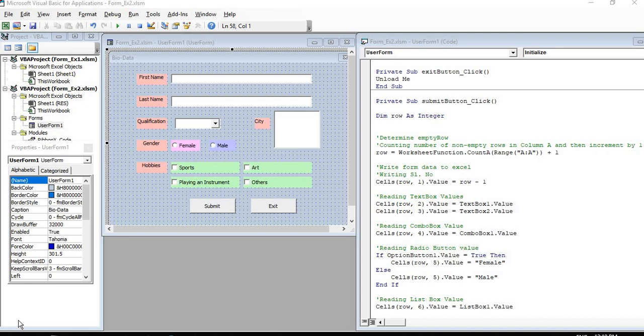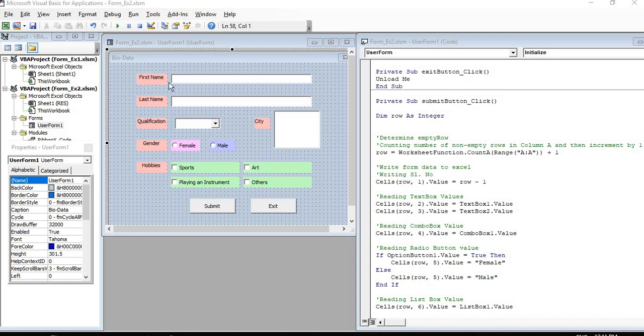Students, today in this session I am going to show you how to create a user form, and when you enter data in this user form, it will be written into the Excel sheet. You can use Excel as a database. You don't require any additional RDBMS or something for storage. You can use Excel itself as storage, and then you can do the required analytics on that Excel sheet. So this is a user form I have created.